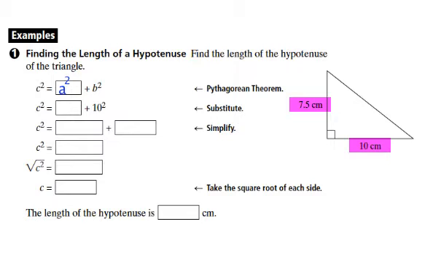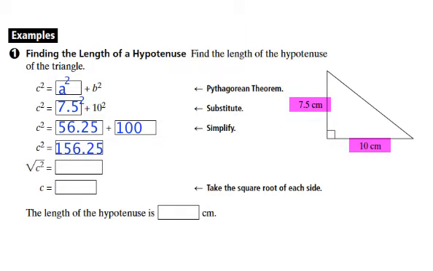So we're going to say that a is 7.5. So we have 7.5 squared plus 10 squared. Because we're saying if a is 7.5, b must be 10. Well, 7.5 squared is 56.25. 10 squared is 100. 56.25 plus 100 is